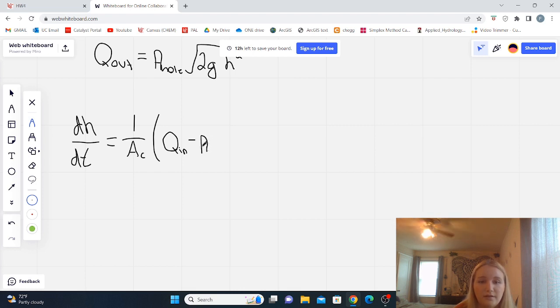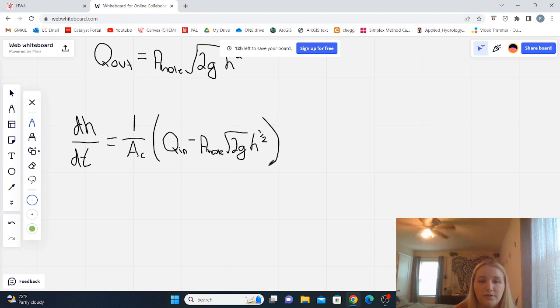So A, the cross-sectional area of our hole, A hole, multiplied by the square root of 2g multiplied by h raised to the 1/2